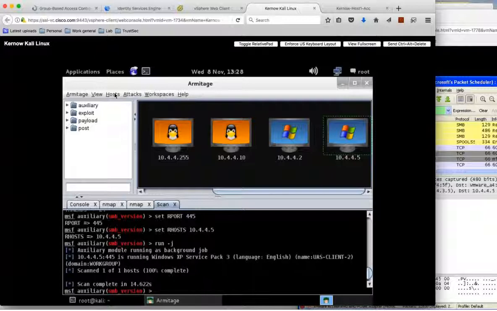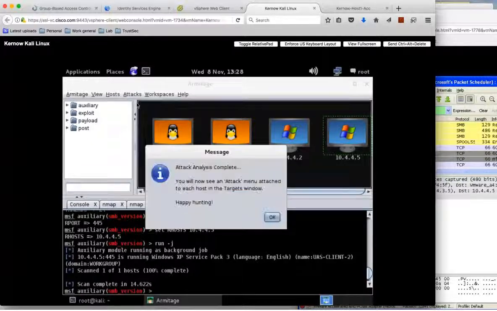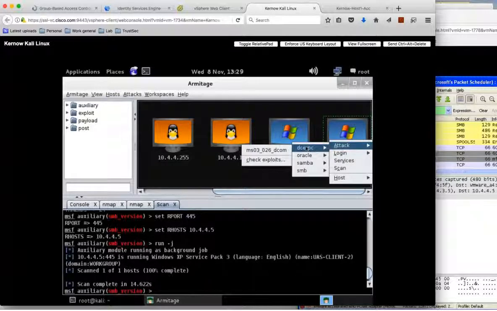So what attacks can I do from Kali Linux to this one machine? What I can do is go to Attacks and Find Attacks, and now Kali will go for its complete database, all of the attacks it knows about, and see which ones are relevant to this client that it has now discovered. So we'll wait for that to complete. It's now complete, and now we can see all the attacks that we can use on this one machine. If we right click on this client, it lists a number of things that we can use to attack this machine. Now, one attack under SMB is